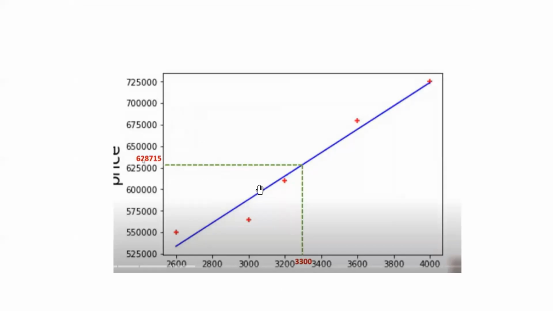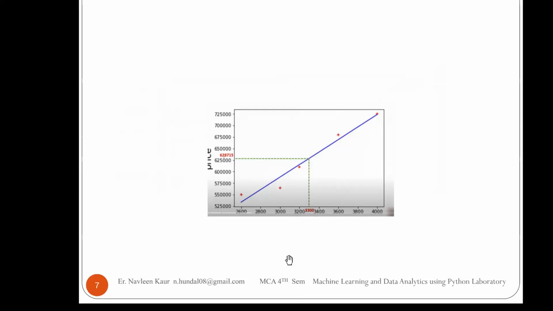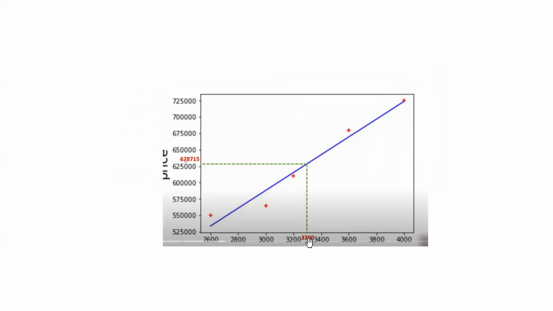This is the same thing I was saying, that using this linear line, I am now able to predict the price of a new house whose area is 3,300. How am I able to predict? I have simply taken that point 3,300 and created an intercept here with the line. So 3,300 is meeting at this point on my straight line, which is the blue color. From that point, if I draw a horizontal line, it gives me an estimated price of 6,28,715. So this is the predicted value. Got it? These points I have plotted